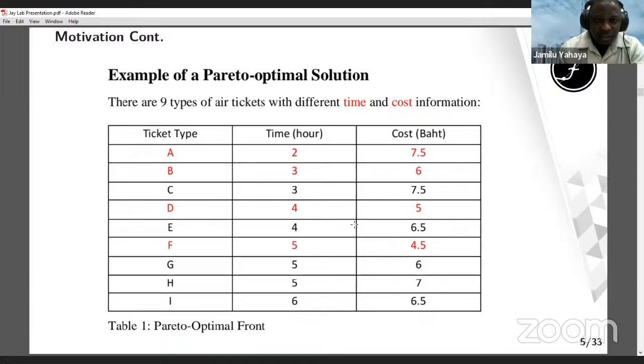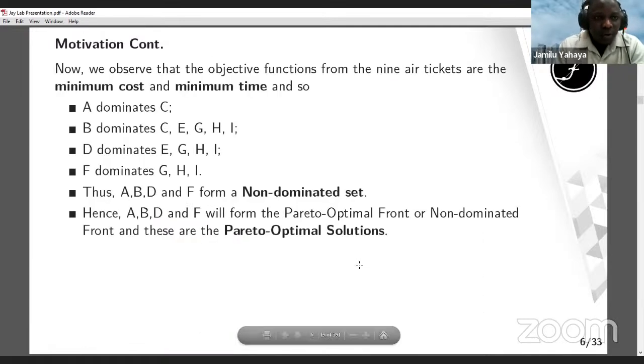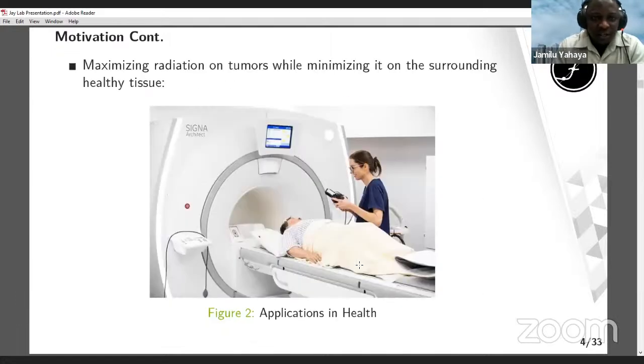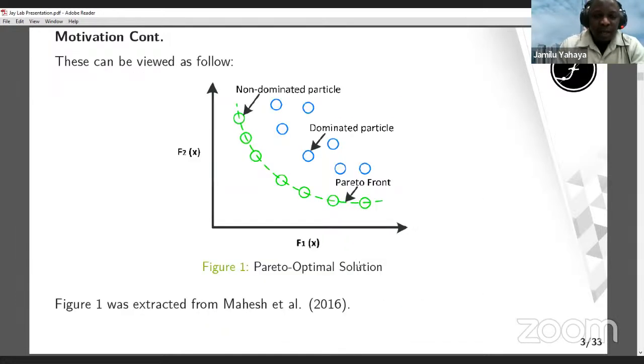but when it comes to the cost, you will see that D is better than the E. But in terms of time, D is better than all other ones, E, F, G, H, I. So therefore, in this case, we now said that A, B, D, and F form a non-dominated set. That is, if you look at this graph that we left here, A, B, D are the ones on this green line, are the green circle on the green line, while